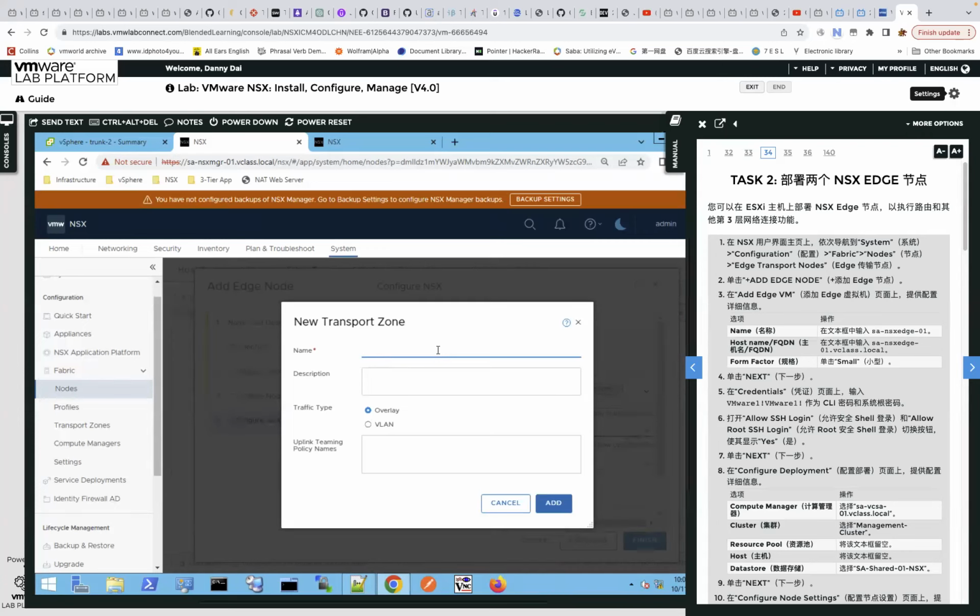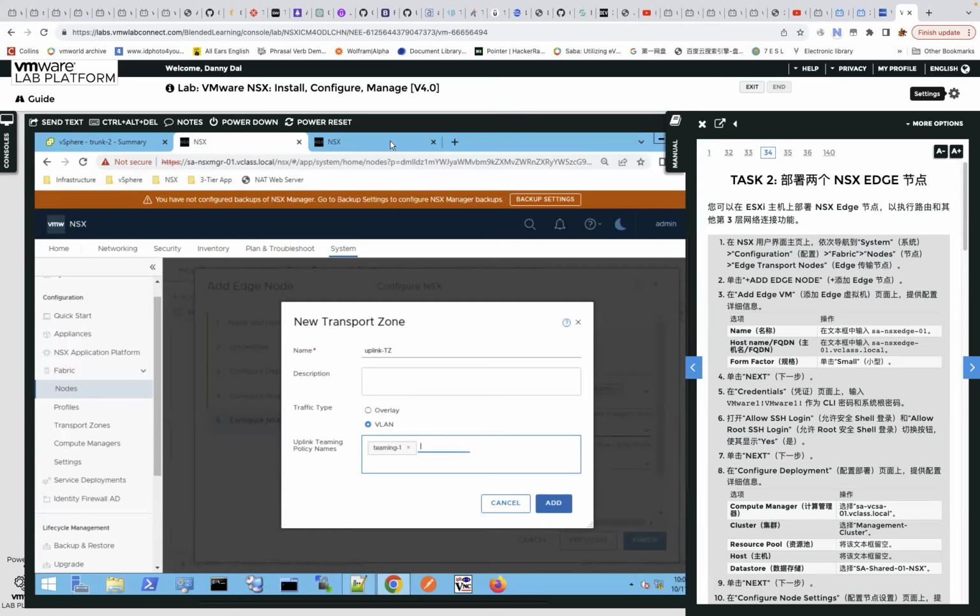So we put the left seg or right seg into this unique particular transport zone. We call it uplink TZ, and we choose VLAN type and just put teaming -1 because we remember